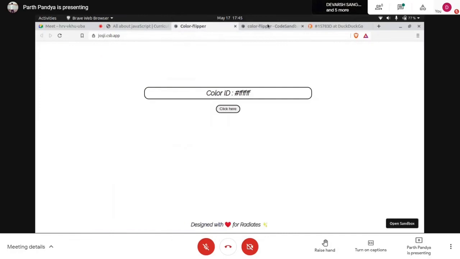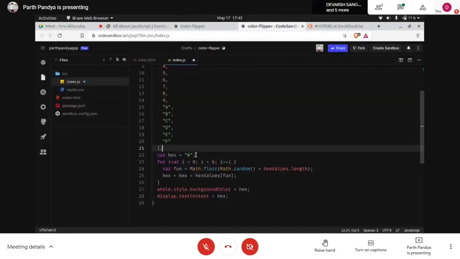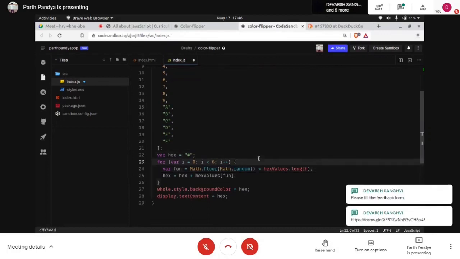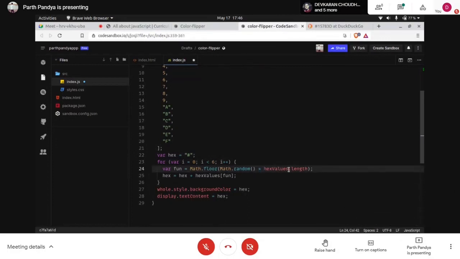So we are going to randomize this, and we are going to create a way. We are going to store hexadecimal values, which we are going to randomize using this for loop. So we are using a predefined function, this Math.floor. It will just estimate the value generated from this Math.random. Math.random is actually generating some random numbers, and it will multiply with this hex.length.